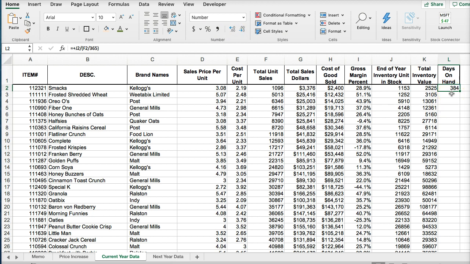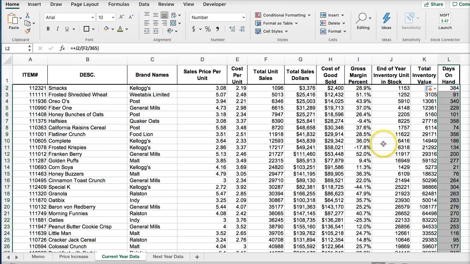Does that make sense? So our inventory, yeah, because our inventory is greater than our sales units, so that means it's going to be greater than a year. So yep, that makes sense. So we'll just put that down here. Okay, now